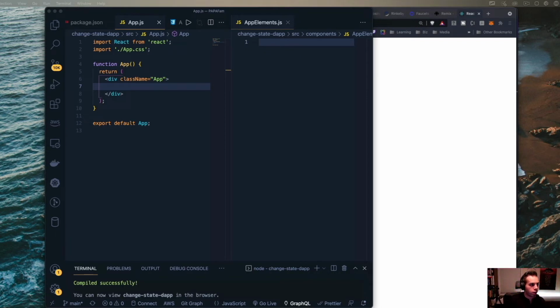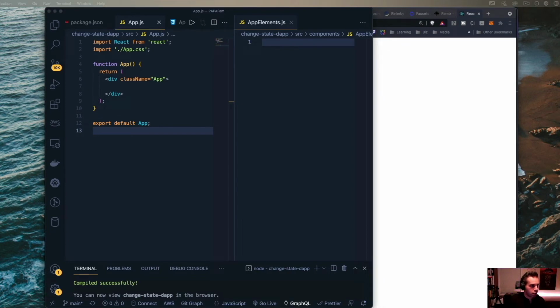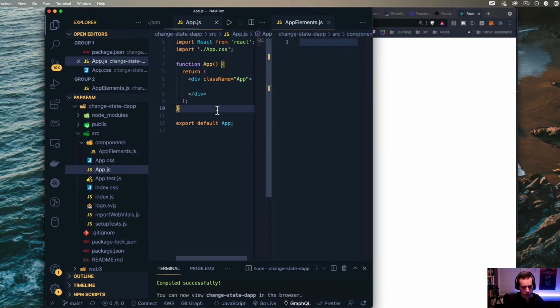So I already have the design of what I wanted from before, which is going to be sort of two inputs. One is the input where you set, and then one is the get, which is going to be receiving the number from the blockchain. So what we're going to do specifically is I want to build out a little bit of organization around this. So on the right, which is our app components, and again, that's going to live just in our components subfolder and then in app components.